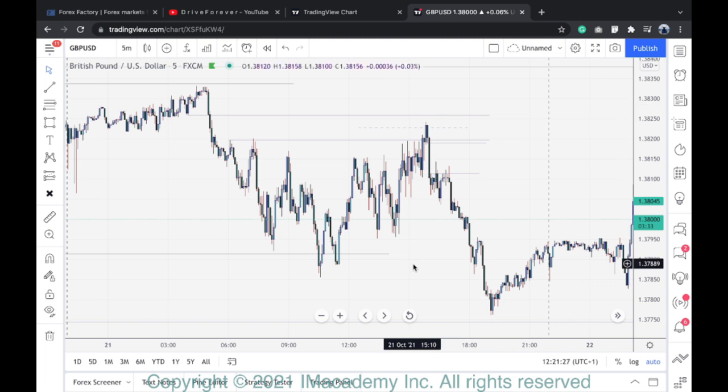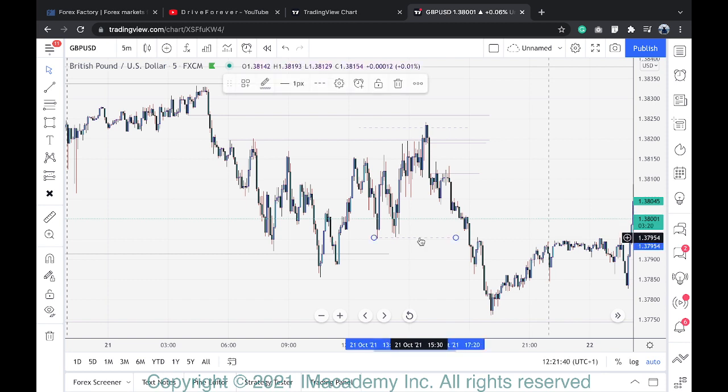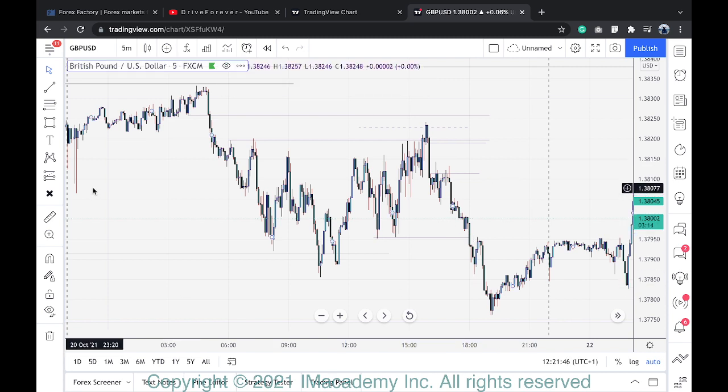All right. So we've seen a change in state of delivery, and price will start to offer sell side liquidity to interbank traders. What I'm teaching right now is gold. You should be going insane. It's gold. So this is an intraday change in state of delivery from offering buy side liquidity to now